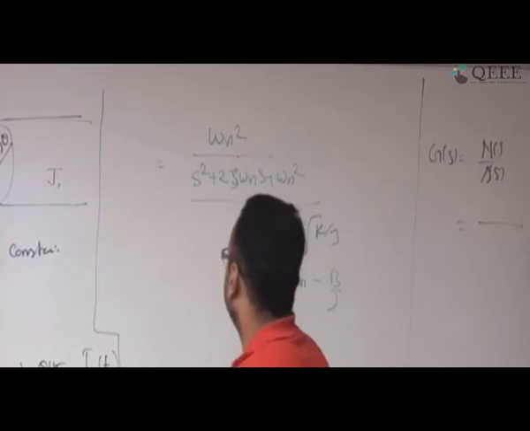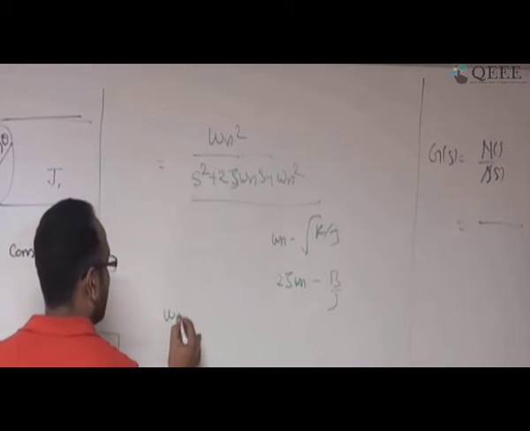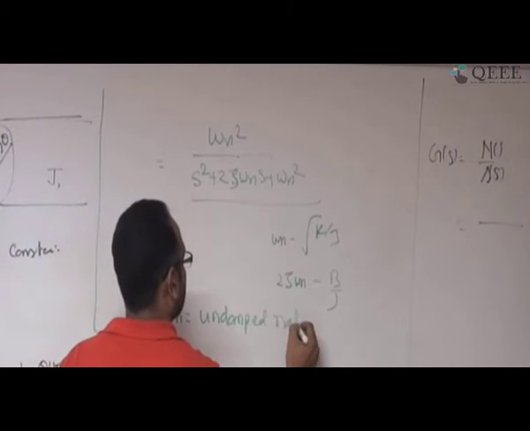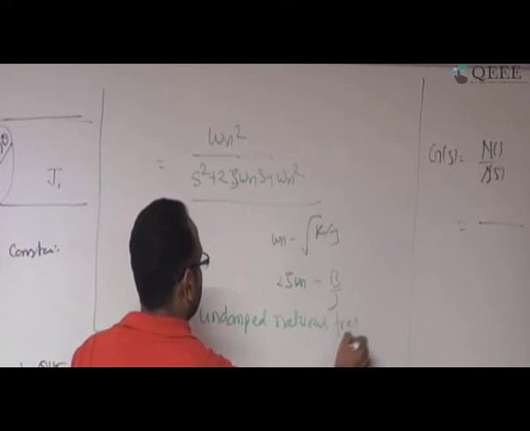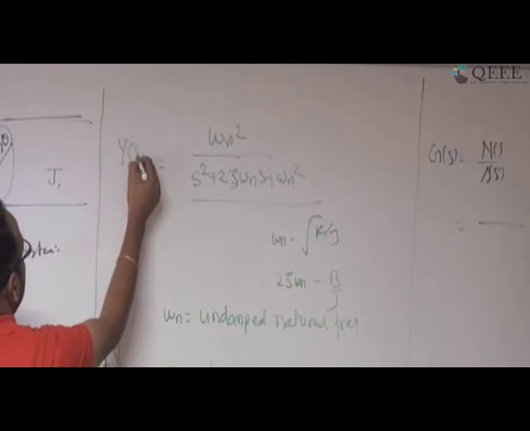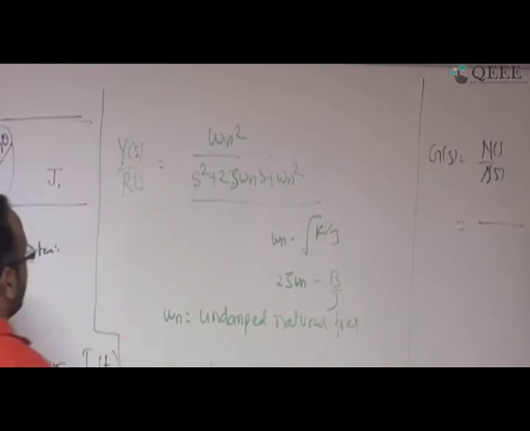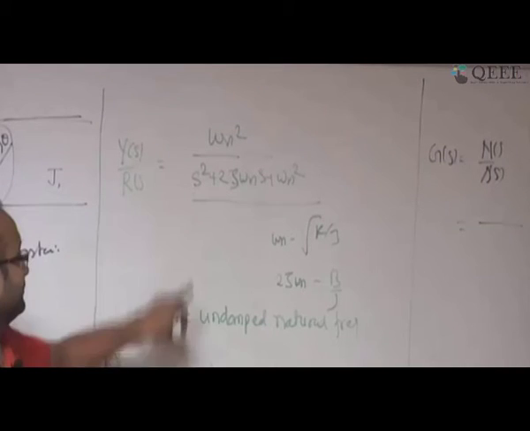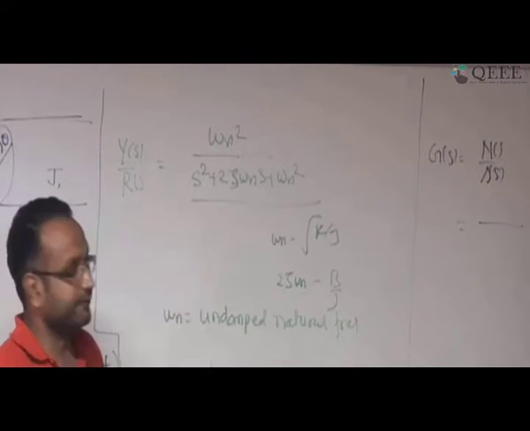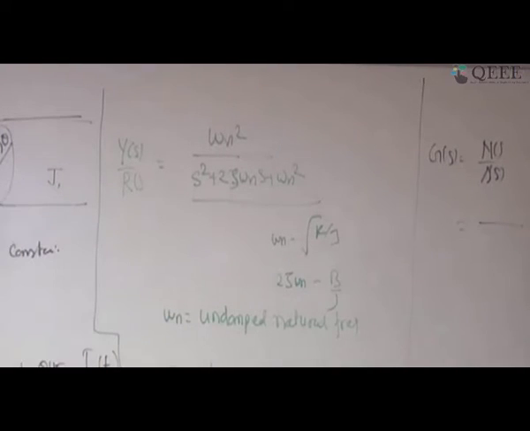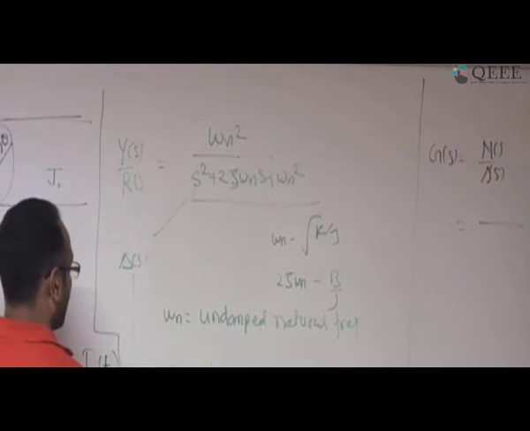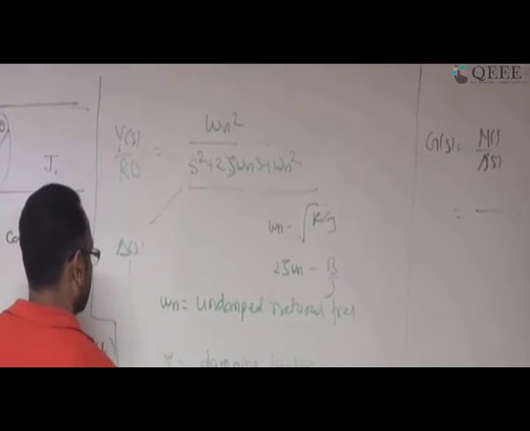One more thing: this omega n is called the undamped natural frequency, and this zeta is called the damping factor. This is my output divided by input, my standard form of a second order system. Omega n is the undamped natural frequency, zeta is called the damping factor, and this is the way I am writing it. Now this denominator, in the literature, is also called the